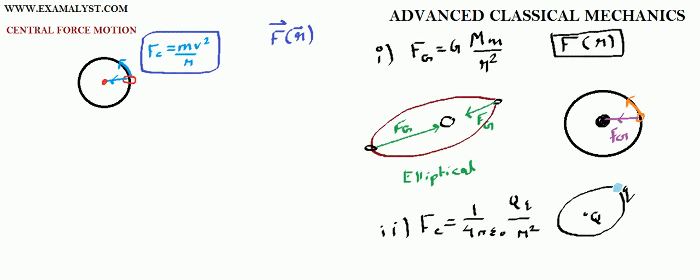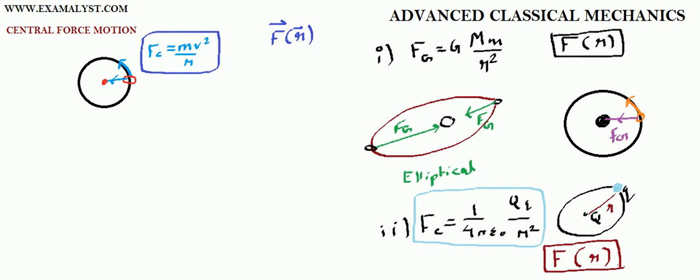This type of force, the Coulombic force, is responsible for the electron to move around the nucleus. Remember that the electron moves around the nucleus in a closed path. That closed path can be either elliptical or circular. So this is also an example of central force motion. You see an interesting thing, that the Coulombic force is also a function of distance, I mean the distance between the two charges. This type of force that depends on the radial direction, these types of forces are called central forces.